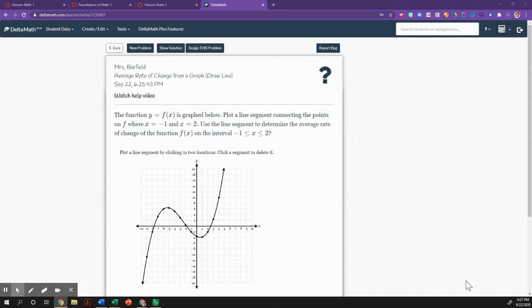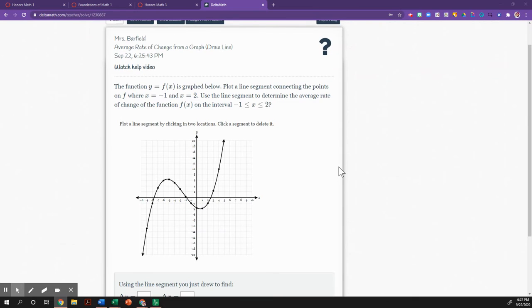All right, welcome back. This is our second day of looking at average rate of change, and let's use this first video to serve as a reminder as we go into the next two activities for your assignment today. It says the function y equals f of x is graphed below. Plot a line segment connecting the points on f where x equals -1 and x equals 2. Use the line segment to determine the average rate of change of the function f of x on the interval